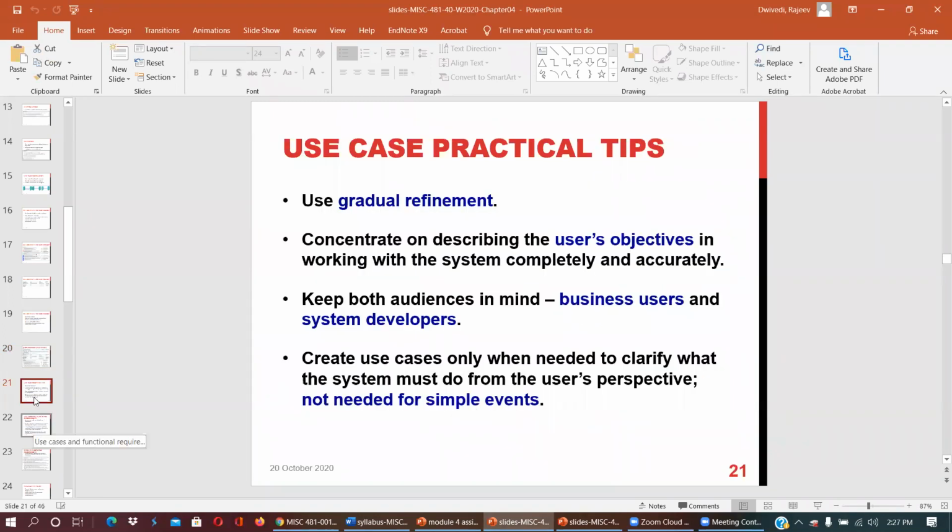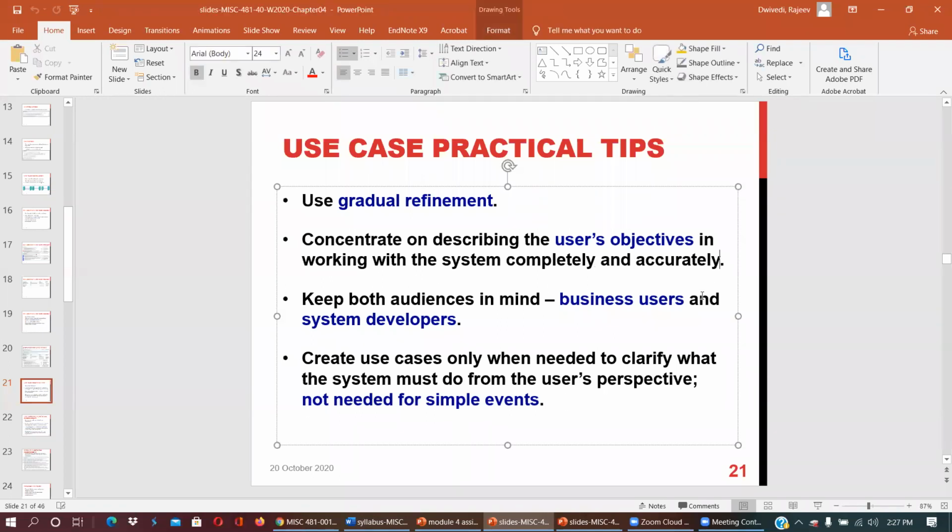And these are the practice tips. Use gradual refinement, which means don't pull everything together at once, just start step by step. Concentrate on describing the users' objective in working with the system completely and accurately.